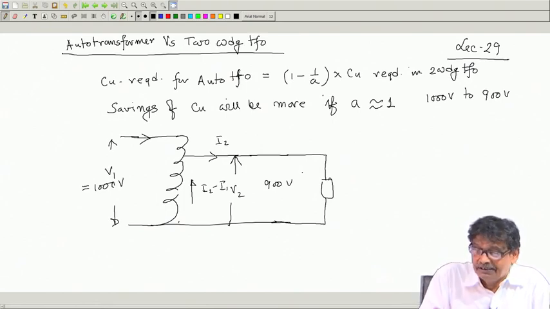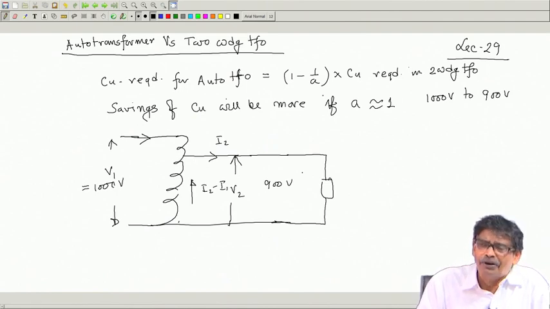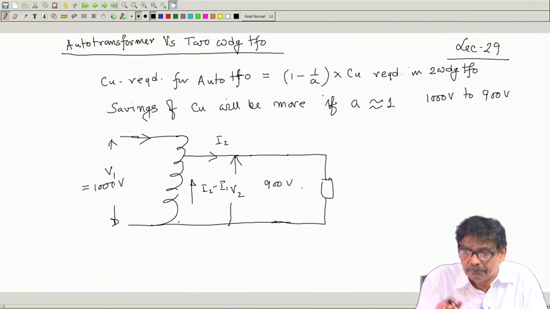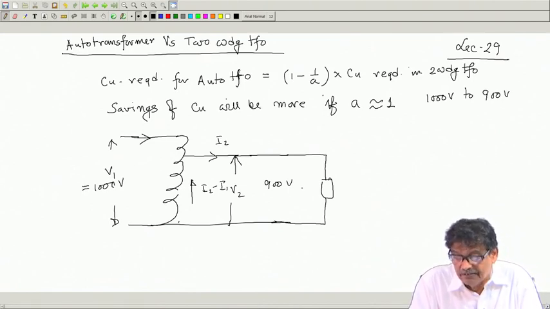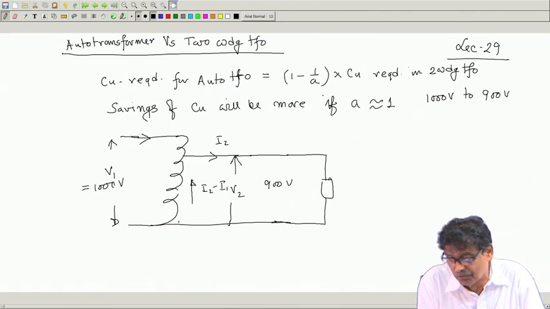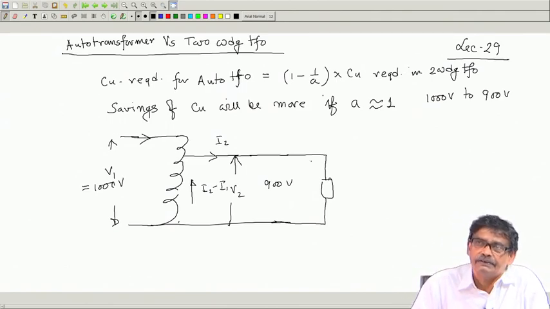So, not only the savings of copper will be more, but also isolation is not a big issue, in the sense that when this voltage and this voltage are at a comparable level, then voltage will shoot up from 900 to at best a maximum of 1000 volt. What percentage of increase is it? 10%. Therefore,